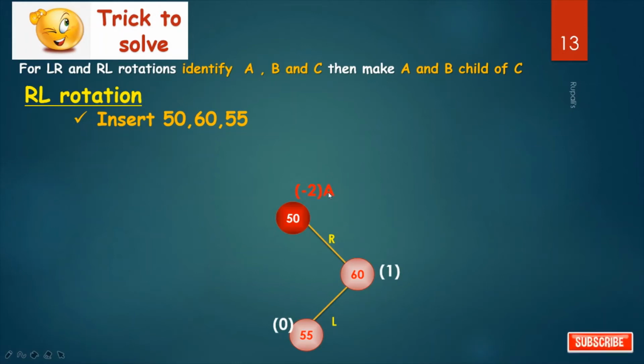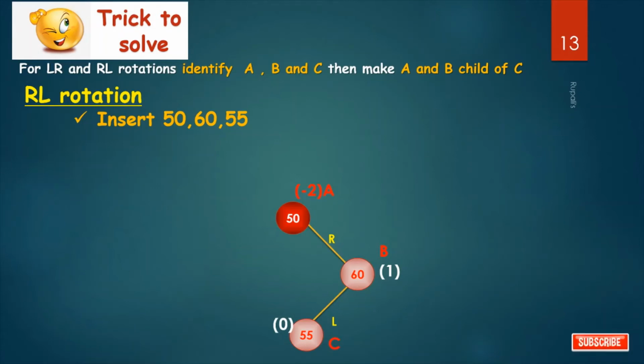First identify A. This is the nearest ancestor where the balance factor is -2. So this is A. And what is B? B is the child of A. So B is 60. And what is C? C is the child of B. So C is 55. Now what you have to do?